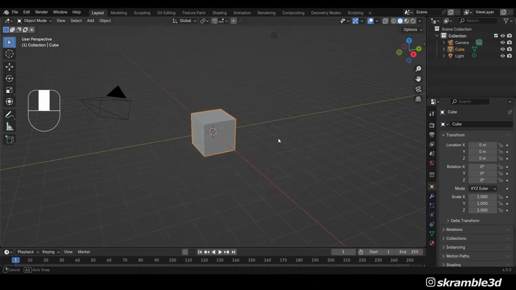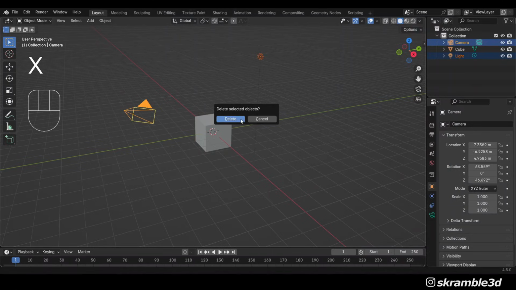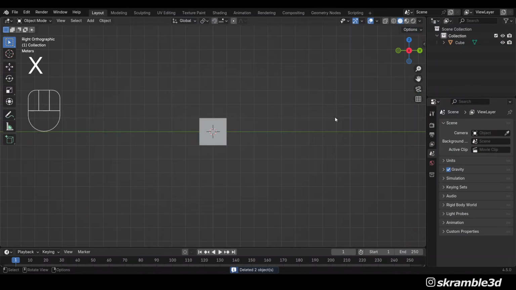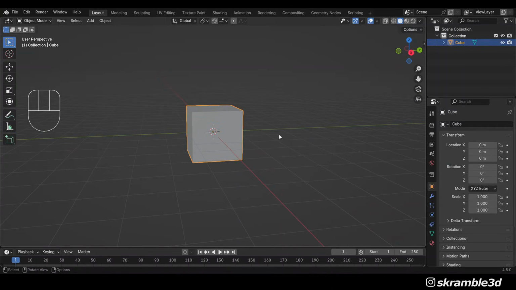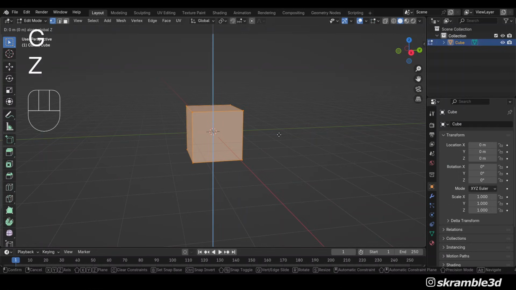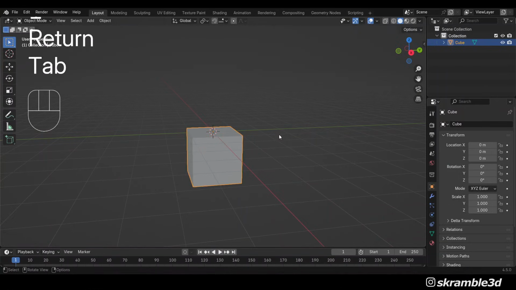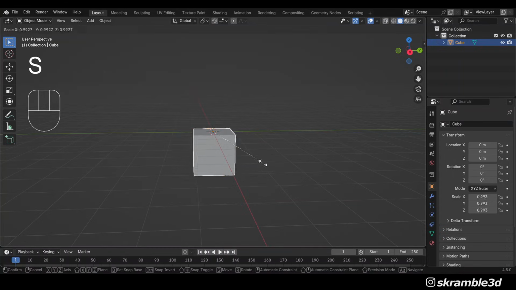Okay, in a fresh Blender scene, the first thing I'm going to do is select the light and the camera and get rid of them because they can be annoying and might get in my way. I'm now going to select our default cube, go into edit mode, and move it down by 1 meter so that the origin is now at the top. I'm going to scale this up considerably